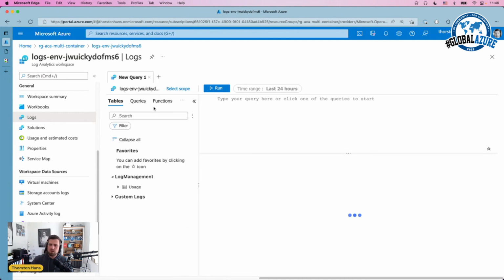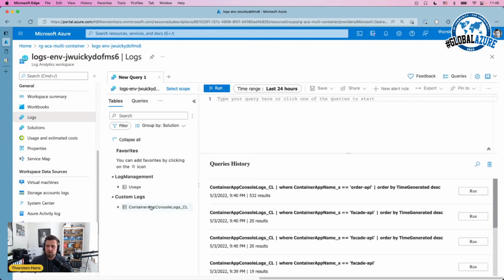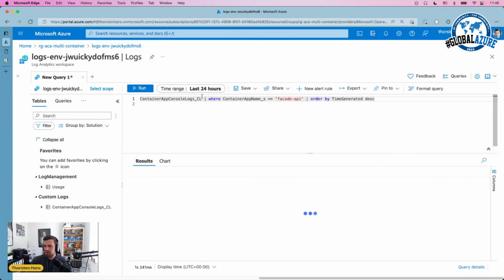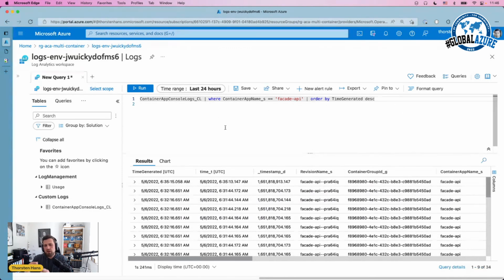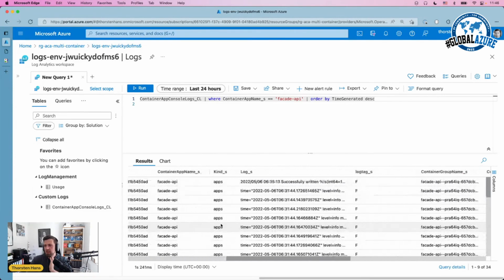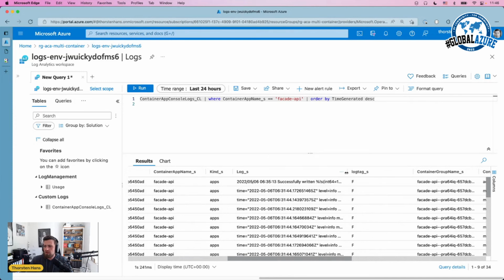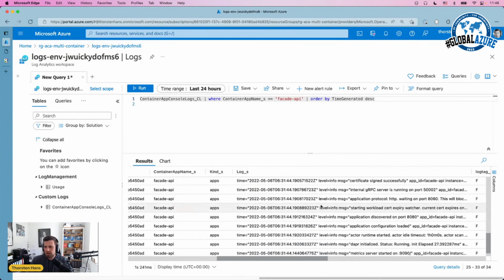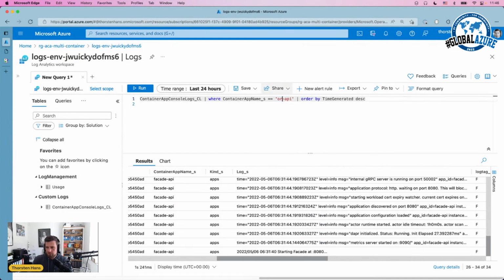So by default, all containers that log to standard out and standard error will be scraped by Azure Container Apps, and the logs will be pushed towards the Log Analytics workspace. So if I, for example, want to see what happened on the Facade API, they enrich data with container app name, with the container IDs and stuff like that. But the interesting thing is I get everything that was written to standard out, in this case for Facade API or for the order API,